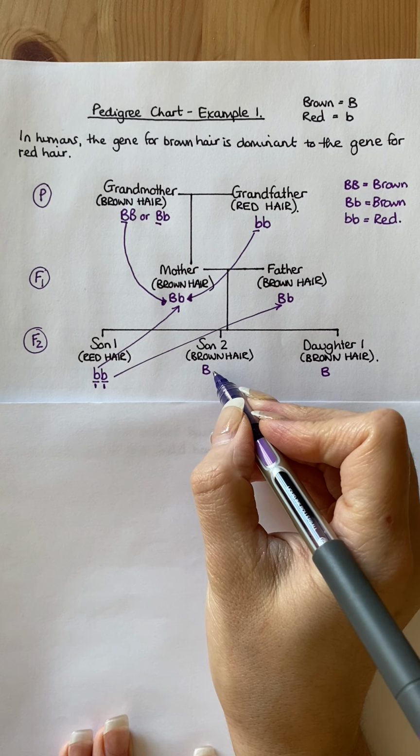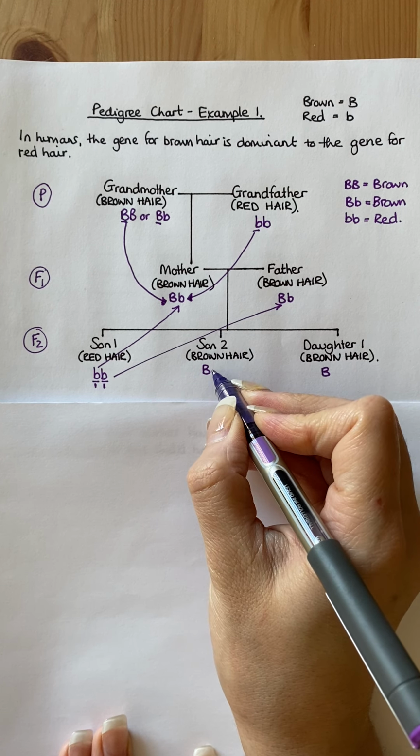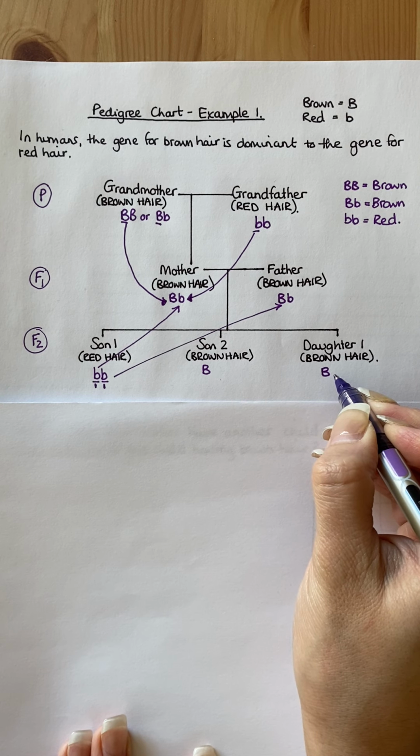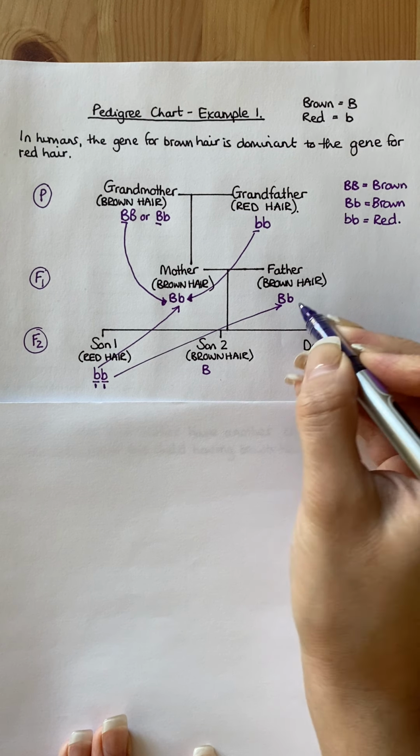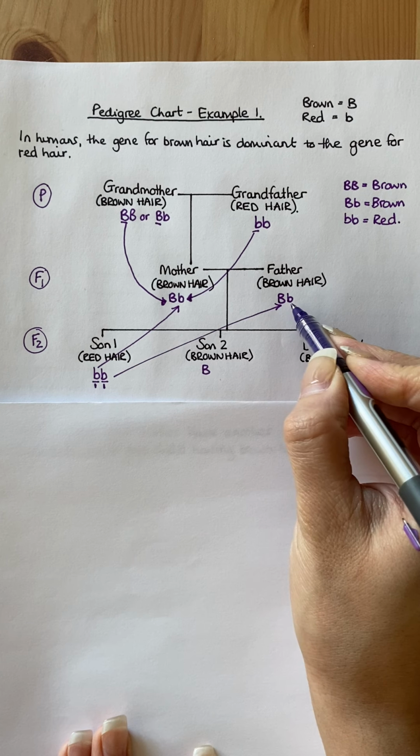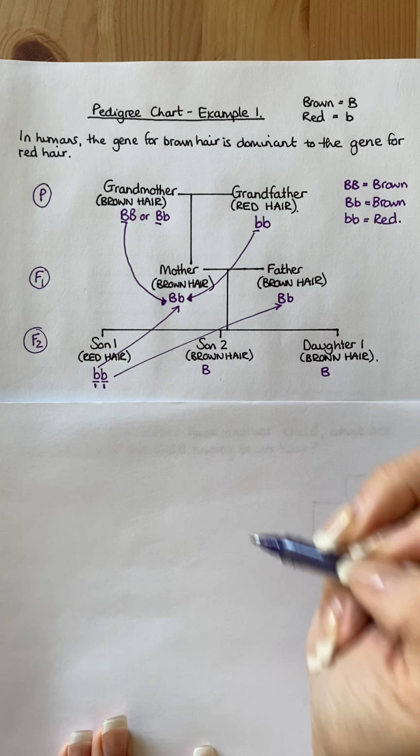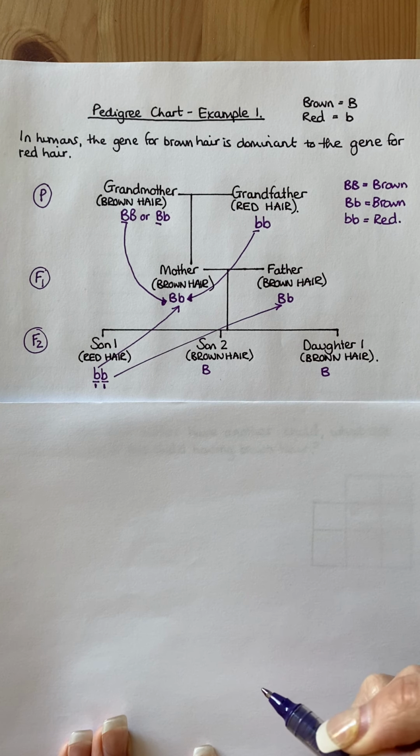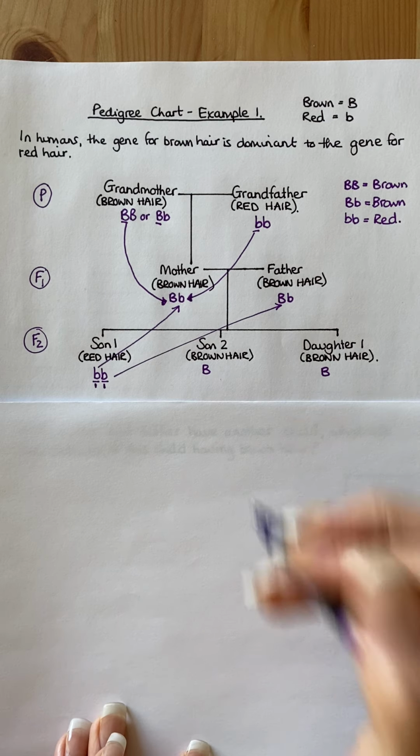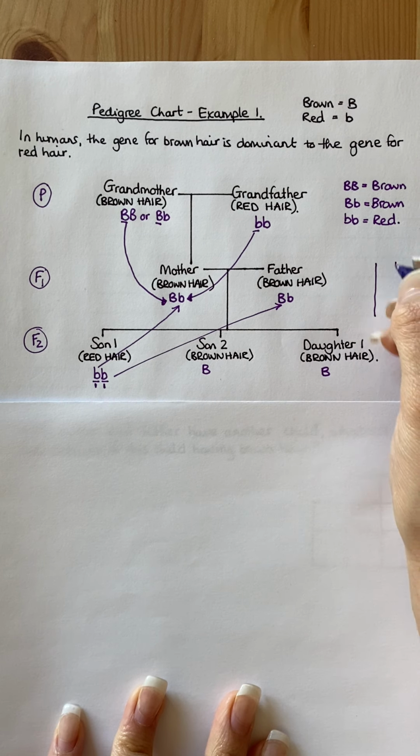So if we now look at these children, we have a son with brown hair and we have a daughter with brown hair. Now if we look at these examples, we've got a parent who is heterozygous and another parent who's heterozygous. Each of those parents could have given the capital B, we don't know which. So if we look at a Punnett square for this, we can figure out what the potential genotypes of these 2 kids could be. So if we do a very quick one,